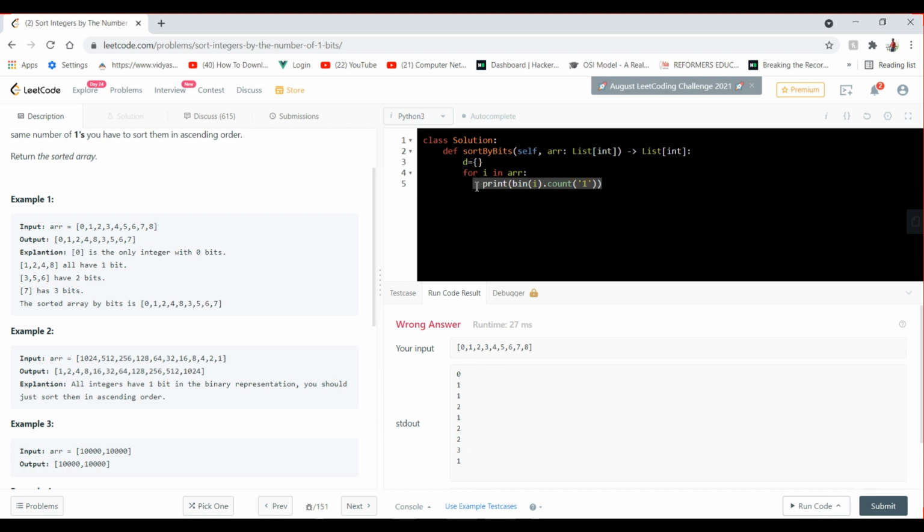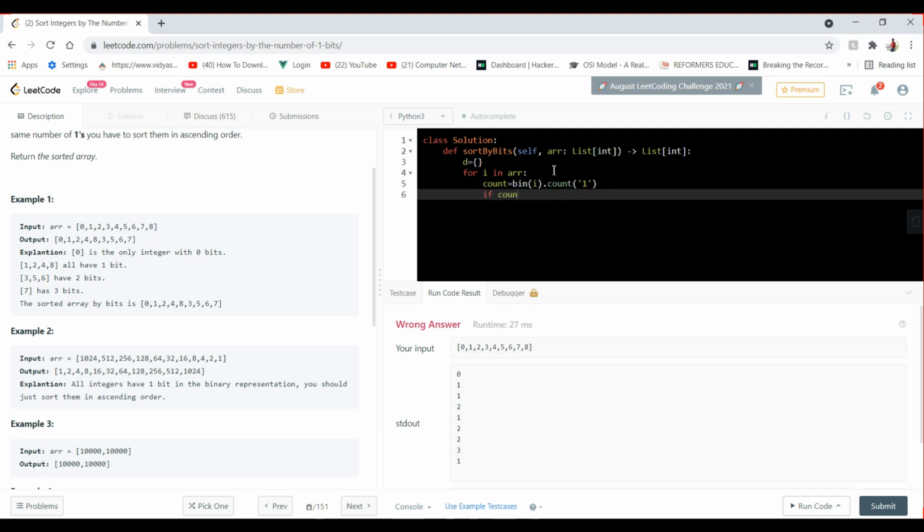So what I will do, I will store this count as a key and the number as a value, so that when I sort on the basis of keys, meaning on the basis of ones, I could get all the corresponding values, and that is all we want. So let's do it. D of, let's first take a count, then bin of i dot count.